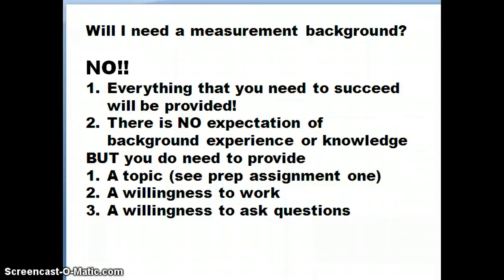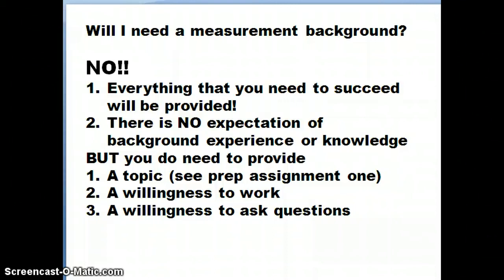Also, every one of you is in schools where every year you have an improvement plan. I don't know of any school I've ever run into that's got perfect achievement in every area, feels very comfortable with the idea we're doing everything exactly correctly, doesn't look at lots of things going on in the school in terms of school achievement, school involvement, school climate, and say, here are a few things we could tinker with and improve. And that's what you need to do. Well, that's what a topic's all about. So that's one thing you need. You need to develop a topic and look at the materials on prep assignment number 1 to work on that.